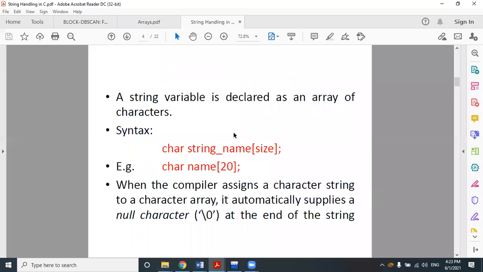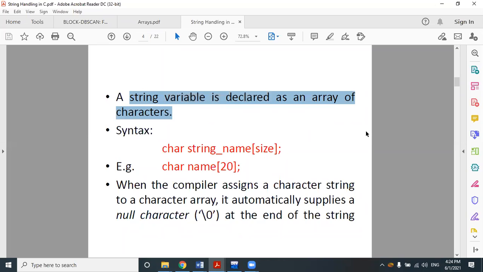Now, one thing you should remember: in C, a string is a data structure, it is not a data type. Please remember it. The word string can be used as a variable, just like any other valid variable you use in C programming. String is generally implemented on the basis of an array.